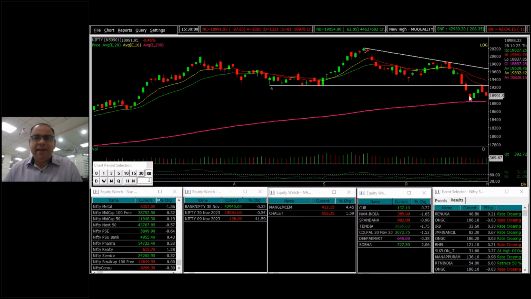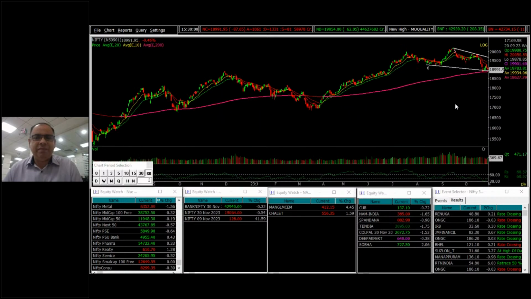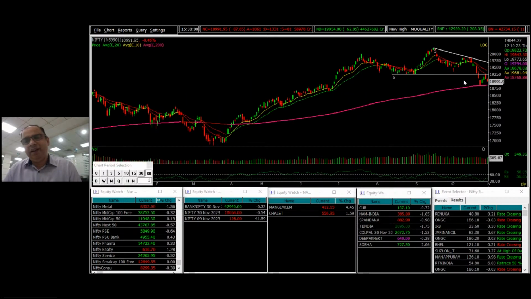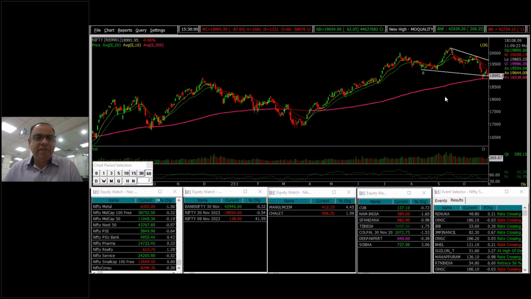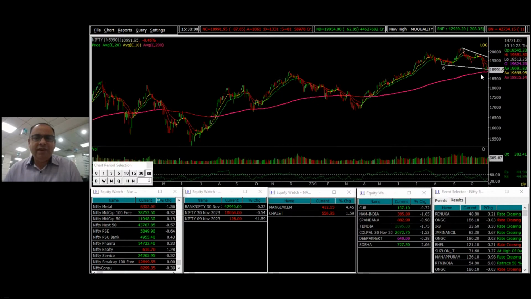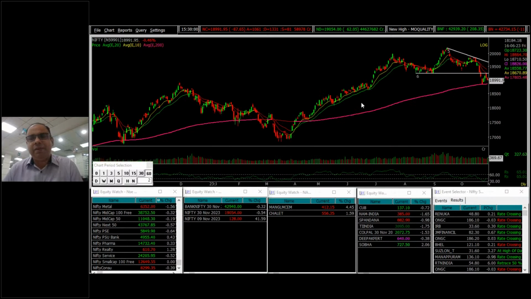At the lower levels, 18,850 is the recent support, and 18,837 is the recent swing low, which is the 200-day moving average. You can see this is the 200-day exponential moving average. This moving average has acted as a strong reversal point over the last 1.5 to 2 years. Whenever the indices have broken or touched the resistance or support lines, significant movement has happened in the past.